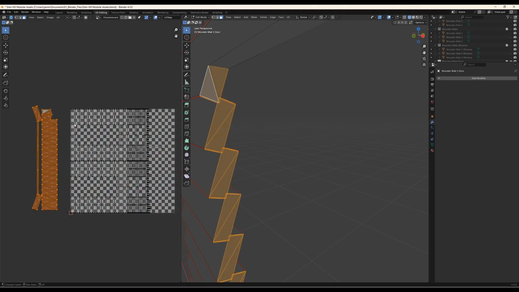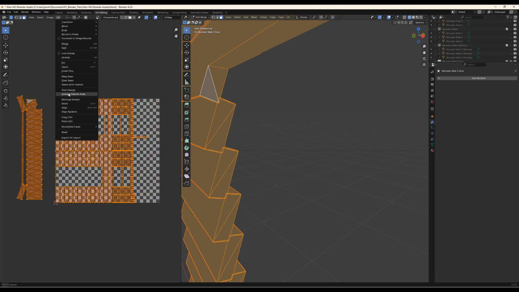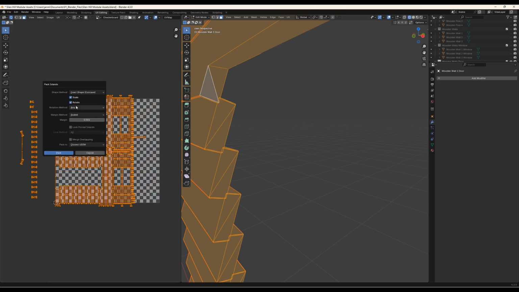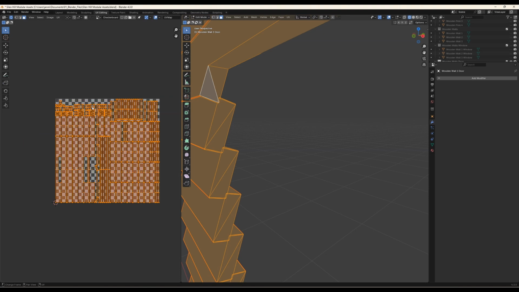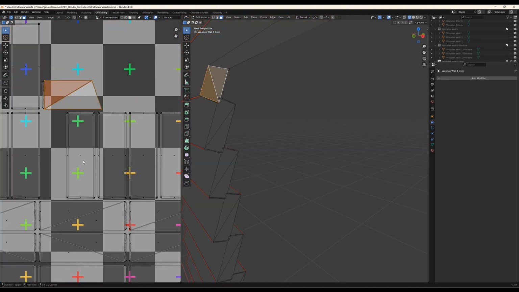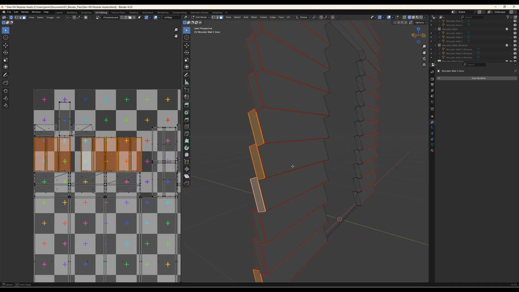But what we can do here is we select everything, and one approach would be average island scale. All right, and then you press A again, and then UV, and then you pack islands, but without the rotation, as I told you. And then you have something like this. Now you can see this one is fine. And when we, for example, click on this, I think we don't see this. Let me check. Where is it? Okay, so